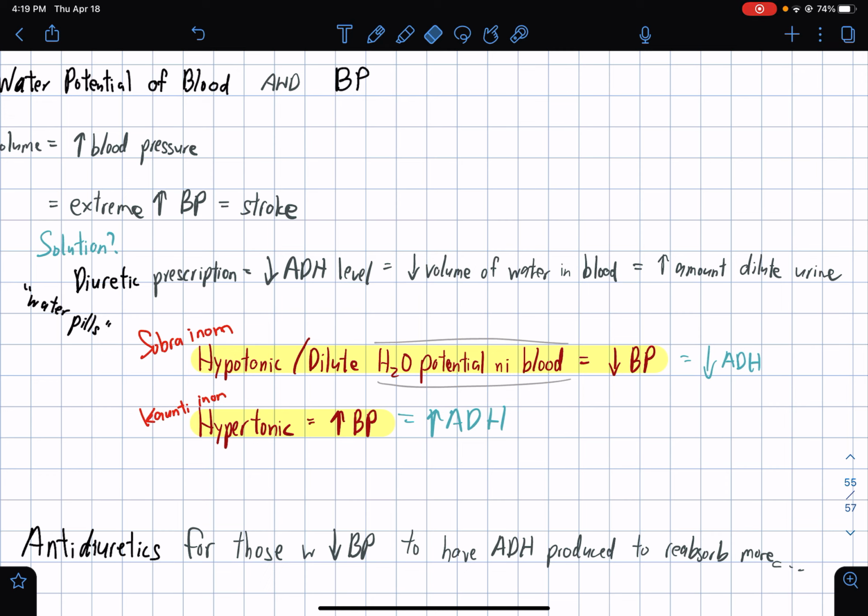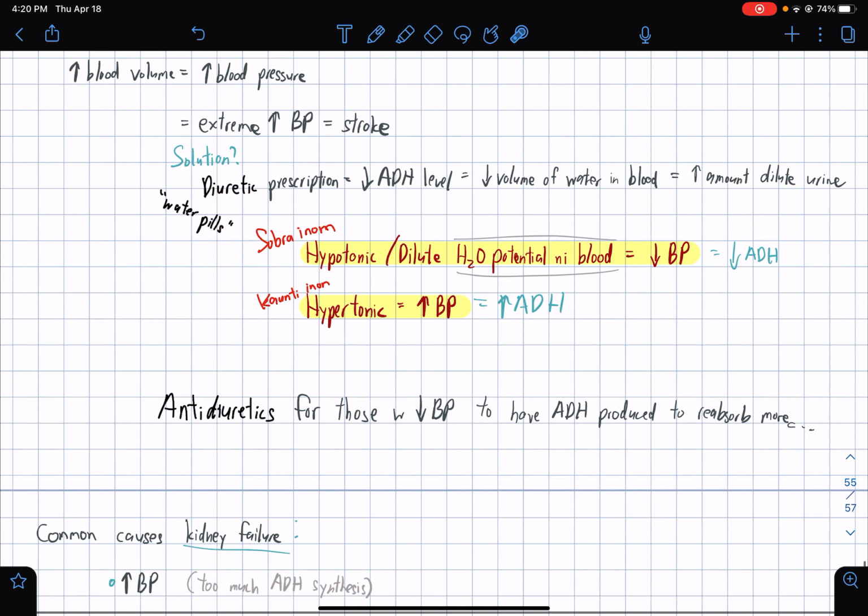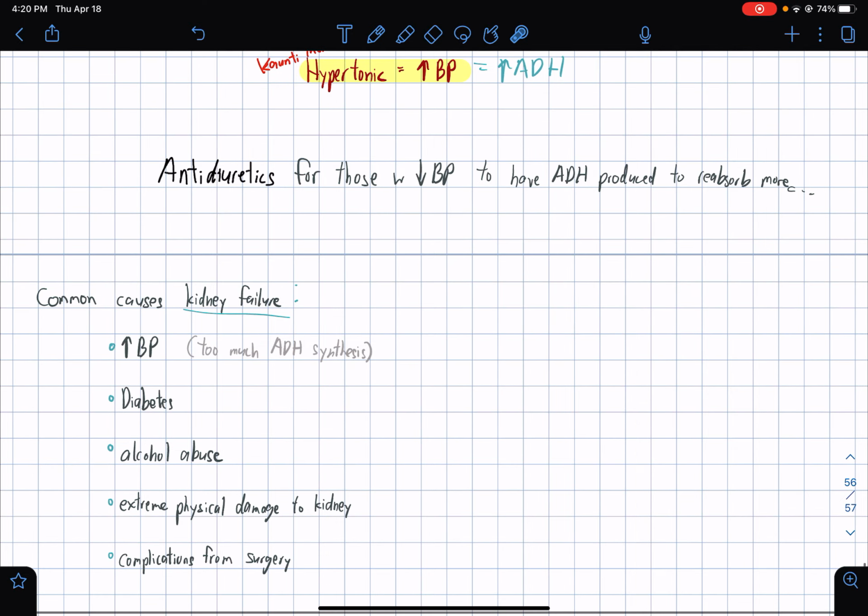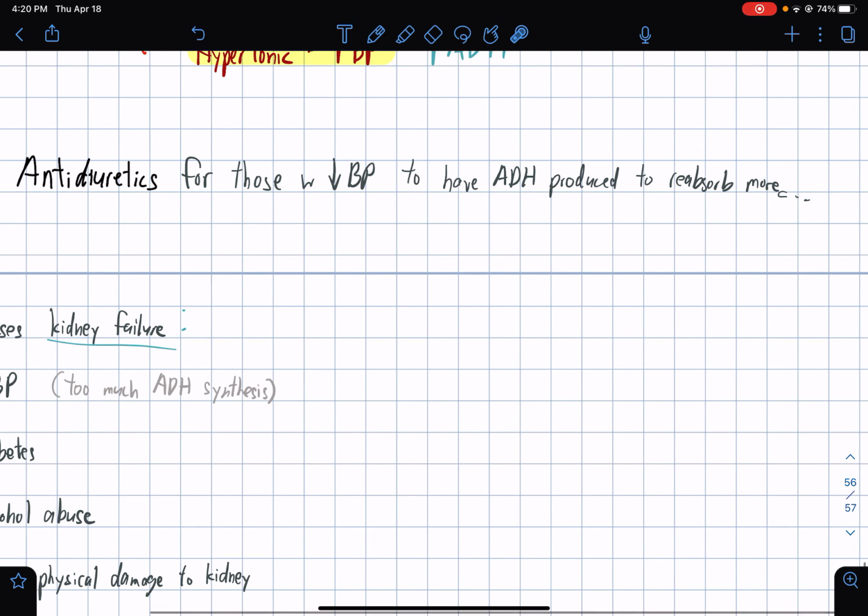pressure. And if you drink too few, if you don't drink enough water, the tendency is you'll get a hypertonic water potential in the blood, and your blood pressure will increase as well as your ADH levels. Antidiuretics are for those who have low blood pressure in order to have ADH produced, which is intended to reabsorb